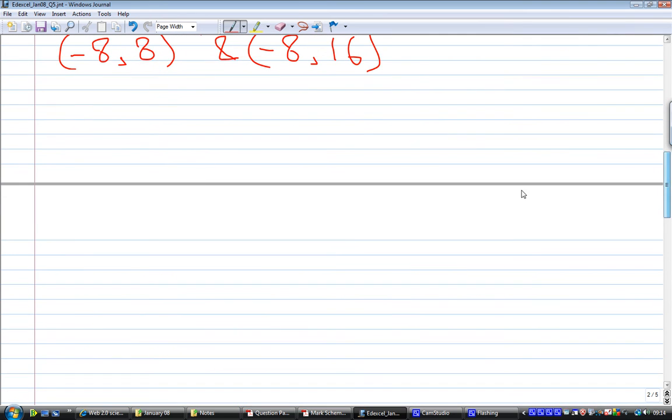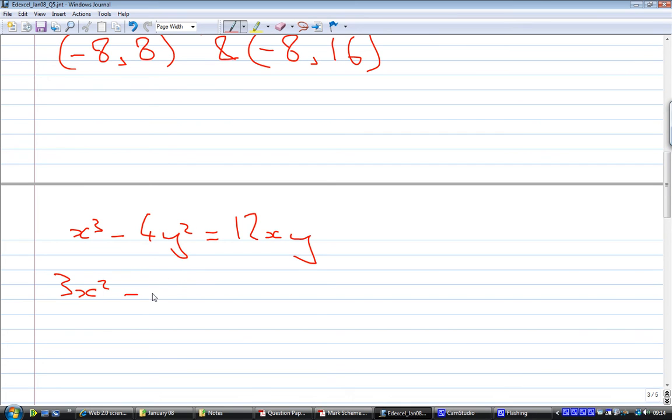We'll just write it out again here. So we've got x cubed minus 4y squared equals 12xy. If we differentiate this through, we're going to get 3x squared here minus, now if we differentiate this, we're going to have to use the chain rule. So first of all with respect to y and then with respect to x, so we're going to get 4 times 2y dy by dx